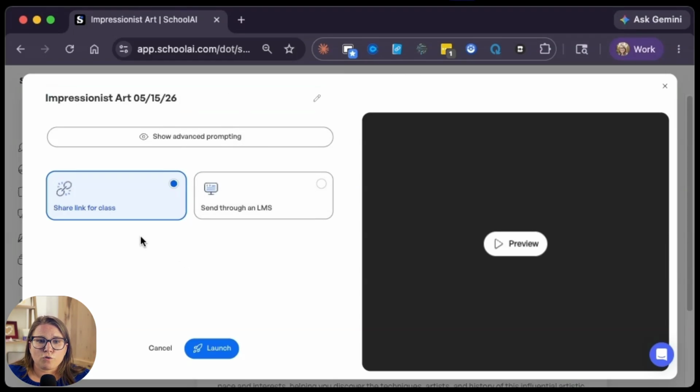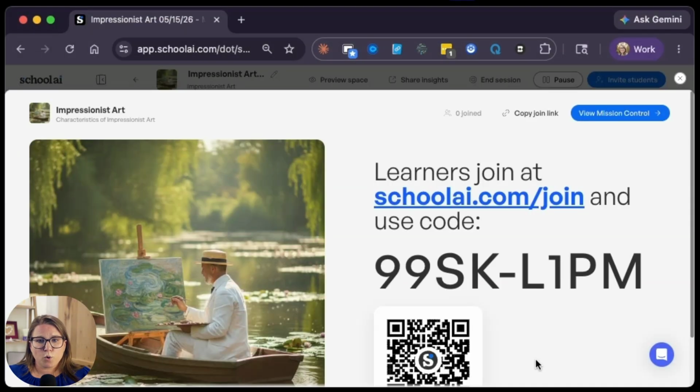And then you're going to choose, do you want to share this space via a link and a QR code? Or if you use Google Classroom, you can also send the space directly to a Google Classroom assignment. I'm going to do share link for class, and then I'm going to choose launch down at the bottom. At this point, the space gives you a